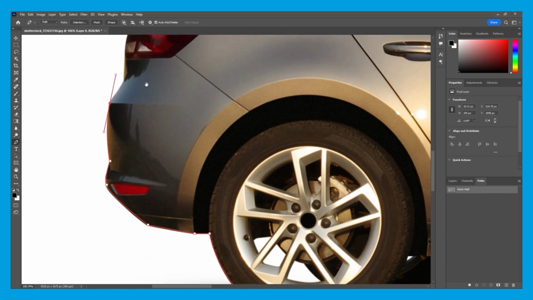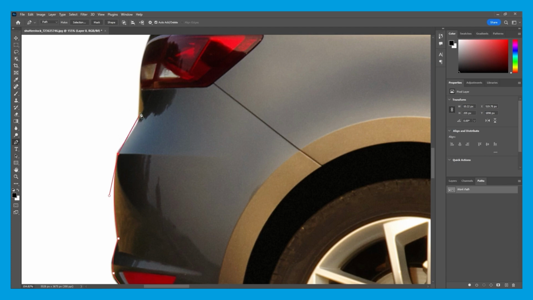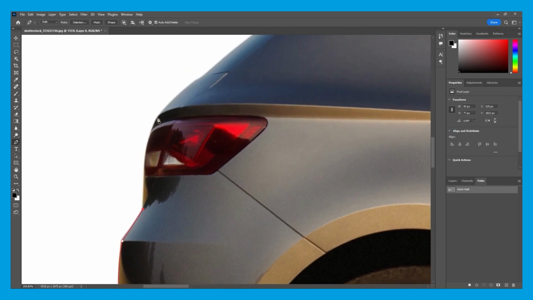And this is quite useful because sometimes you do accidentally just click off and end off the path. And I'll show you another trick you can use. Let's say I place my anchor point too far from the area I wanted to. If I still have click held down and I hold spacebar, I can actually move the anchor point to where I wanted it, and then continue on instead of having to come back later and press Control or Command and move it into place.